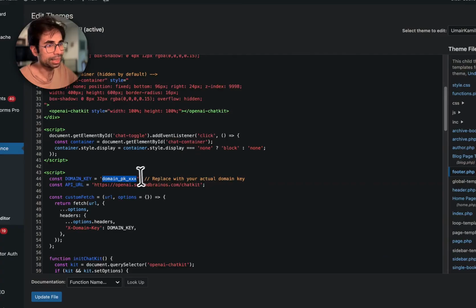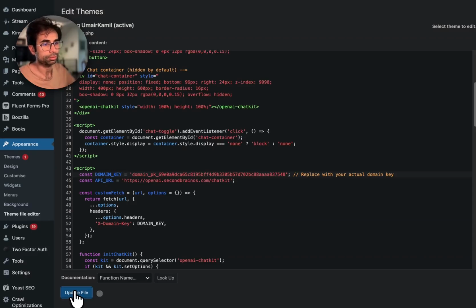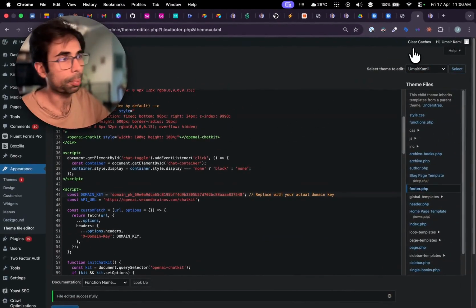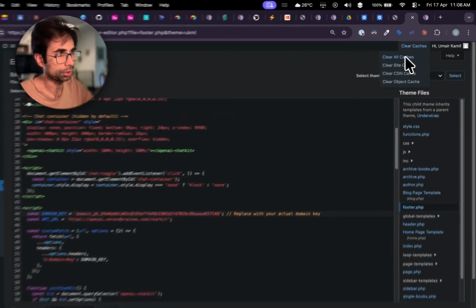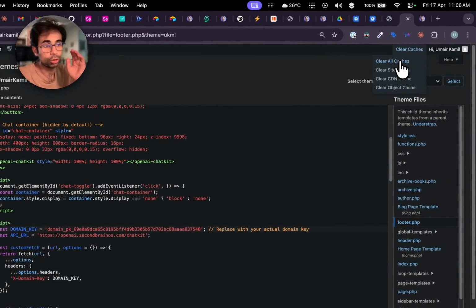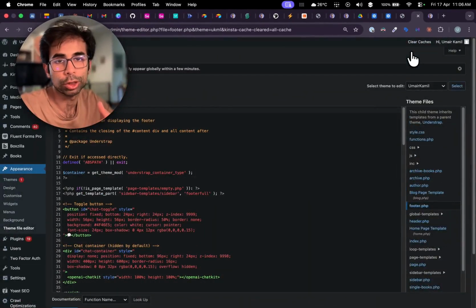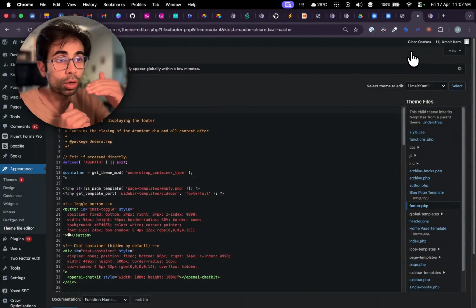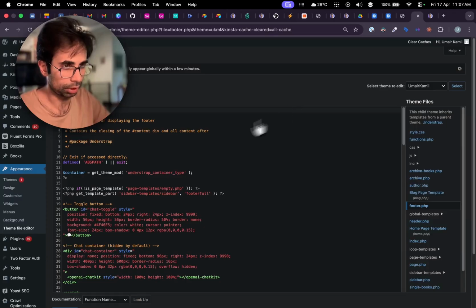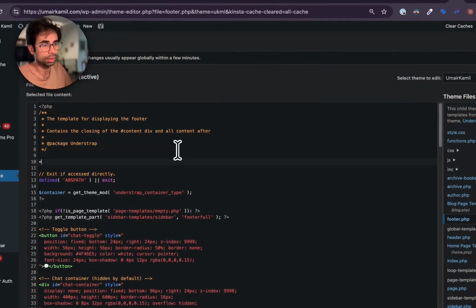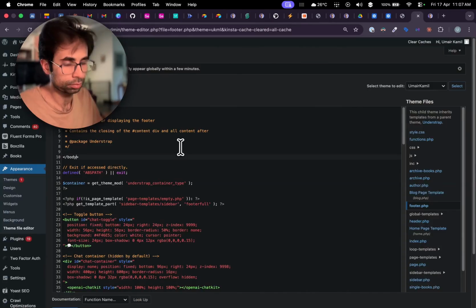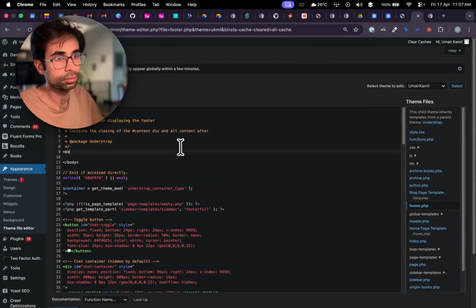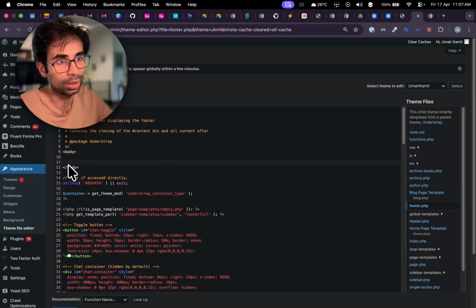And you want to take this exact same domain key and paste it here and update file. And once you're done, in my particular case, I will clear all the caches, right? Now, just as a reminder, if you're working with another website, which is just HTML, you want to add it before the body tag closes, before the end of the body. So what that looks like is, for example, if you have another website, it will be something like this. And so you just want to place it in your other website towards the end of the body over here,